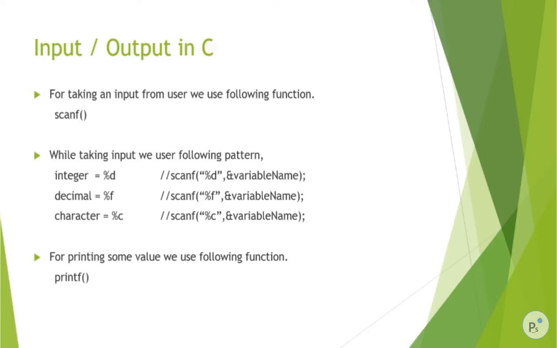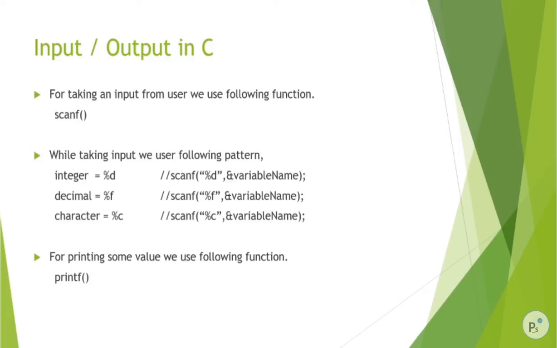comma ampersand variable name. Here the ampersand is very important. Whatever variable name is declared there, the ampersand means it will store that value at the memory location with the given address. Ampersand variable, got that? Ampersand is used to store the address of the variable name. You just need to understand this.